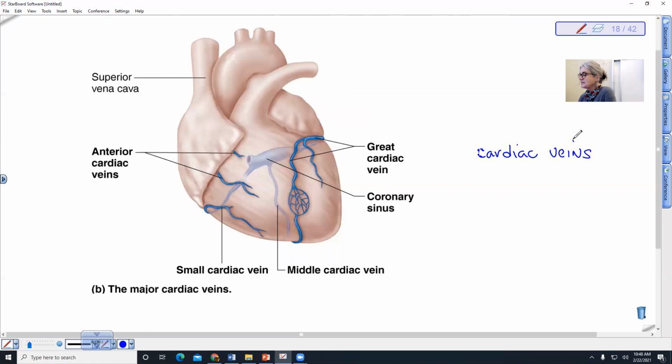One of the interesting things about this is that they actually pump the blood back to the right atrium eventually, but first it goes into the coronary sinus. Anytime we talk about a sinus, that is like an enlarged space, right? So this fills up with blood, and then from the coronary sinus, we go into the right atrium, where that blood is then going to be pumped out to the lungs and then back, and then maybe out